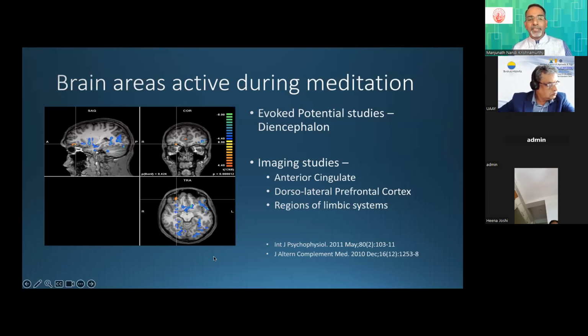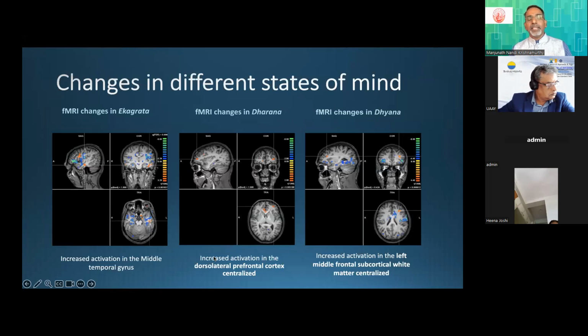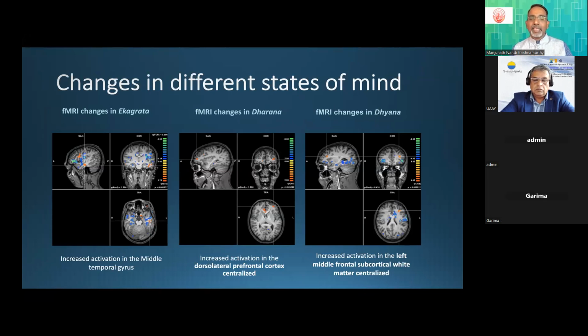This is not just our study. You can see subsequently several other studies have reiterated the same findings. So this is a comparison between the phases of meditation, like comparing chanchalata with ekagrata, then dharana and chanchalata. Just to summarize because of the lack of time, you can see in dhyana, apart from stimulation of the frontal lobe, the particular area connected with attention, it also brings in a lot of inhibition.